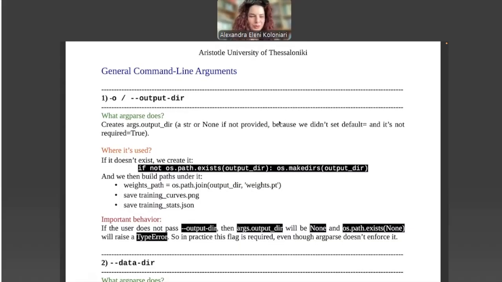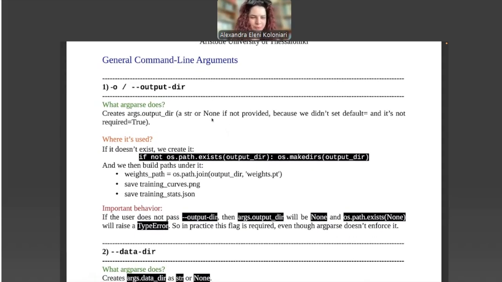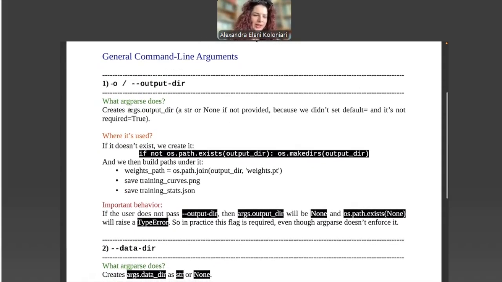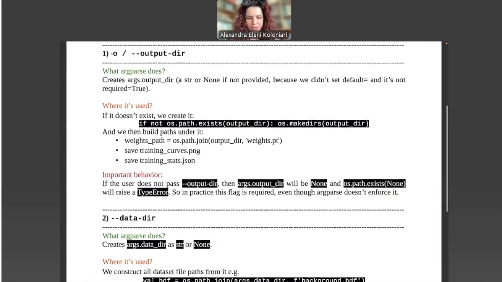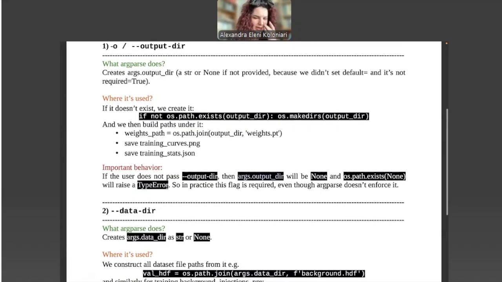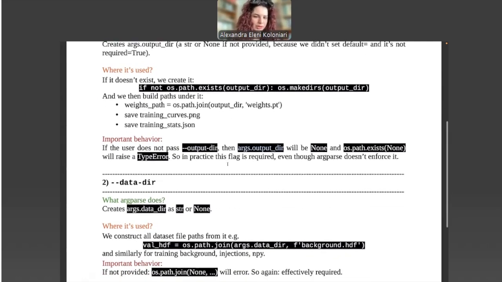The output dir corresponds to the output directory, and we can give the name that we want, and even if that directory doesn't exist, the code will automatically create it. However, if you don't specify an output directory, then the argument output dir will be None, and that will raise a type error. So you need to specify a directory, even if you didn't create it.